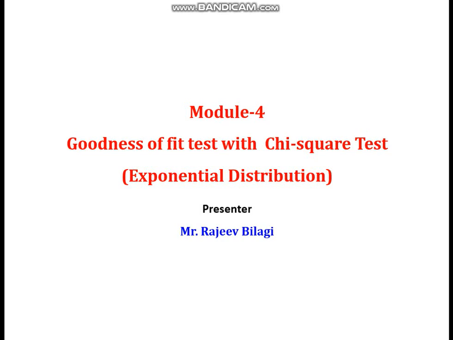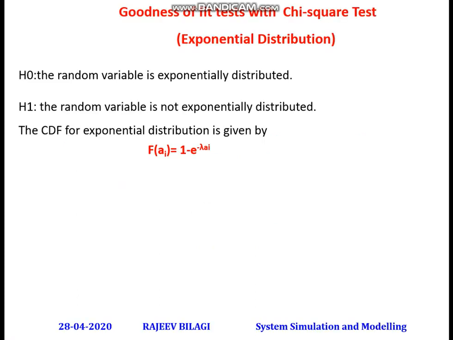Today we are going to discuss how to apply goodness of fit test using chi-square test on exponential distribution. Let H0 and H1 be two different hypotheses, H0 for random variables which are exponentially distributed, and H1 for random variables which are not exponentially distributed. Now the cumulative distribution function F of a_i is equal to 1 minus e to the power of